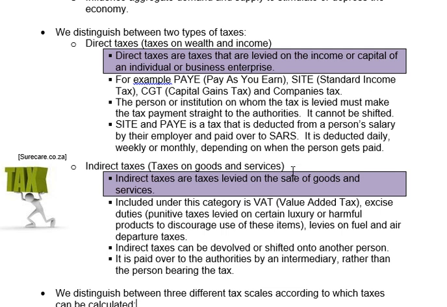Companies tax is the tax that businesses pay when they make a profit. Any business that is realizing a profit has to pay companies tax. When they make losses, they don't pay. Now with a direct tax, the person or institution on whom the tax is levied, the person earning the income or the business making the profit, must make the tax payment to the authorities and it cannot be shifted. That is one of the big characteristics of a direct tax.